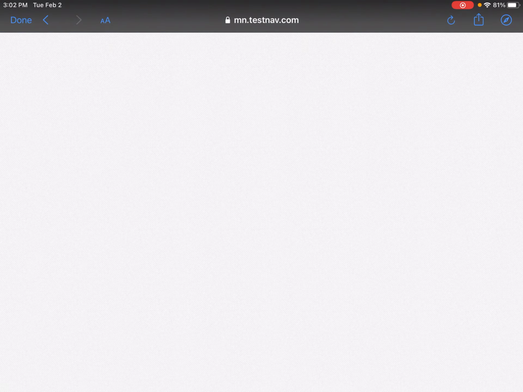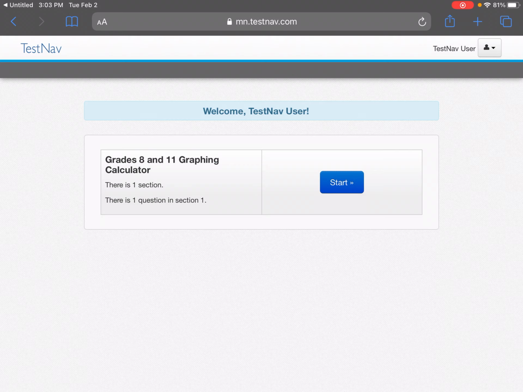Now, I've been having some problems with my MCA calculator. I'll go to this and it'll just be blank. If you're having the same issue, there's a variety of things you could do, but one of the easiest is the compass-like dial in the upper right. It's a circle with a little diamond in the middle. If I tap that,